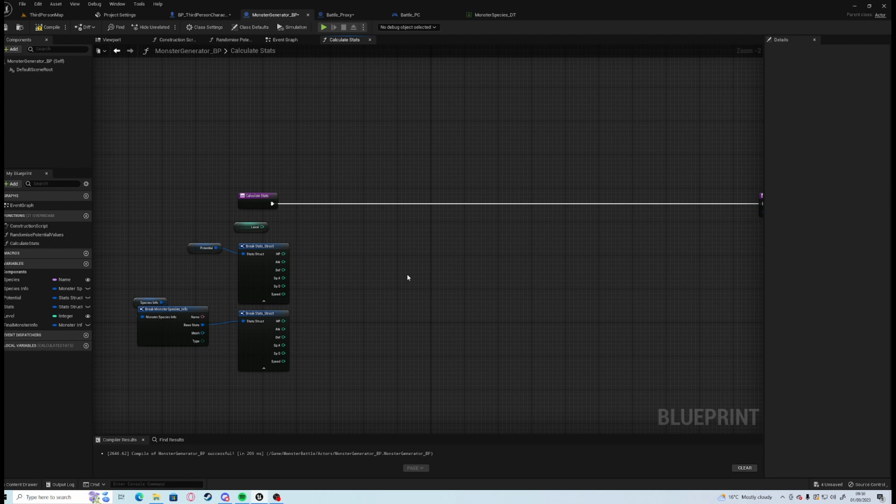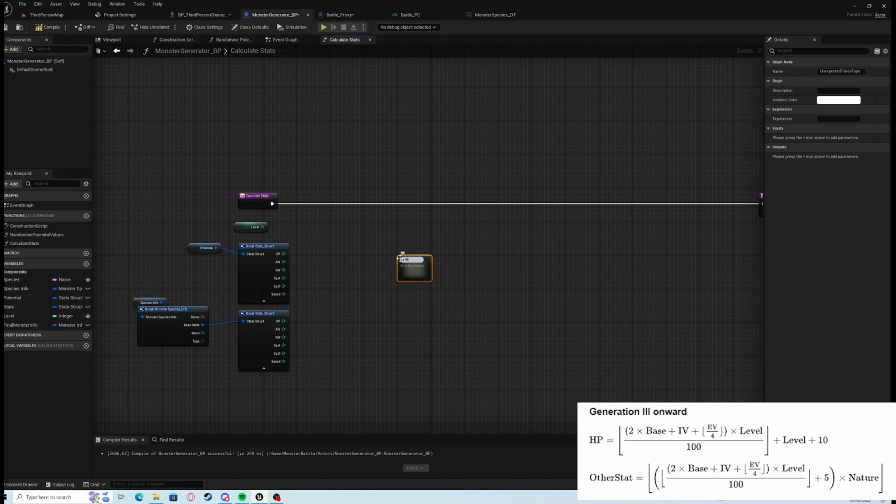So this is where the high school GCSE algebra comes in. Sorry if you hated those, but there is a lot of maths in game dev, especially for Pokemon. So we're going to right click, type in add math expression, and where it says unexpected token type, this is where we're going to type in our formula, and it's going to have to be in a math expression. So we're going to do 2 times our base stat, and we're going to times by our